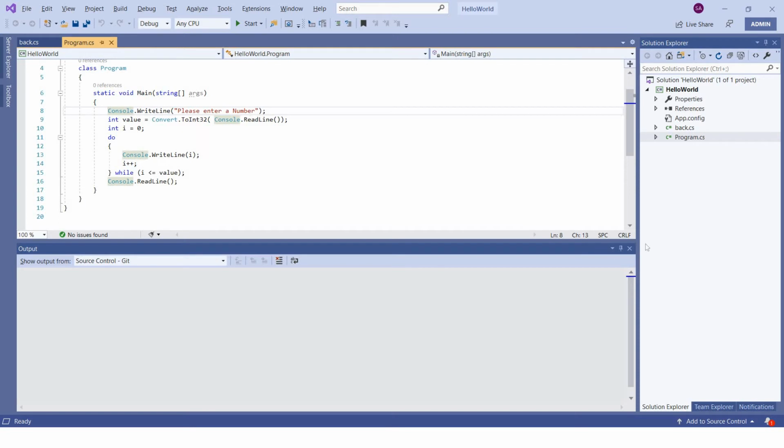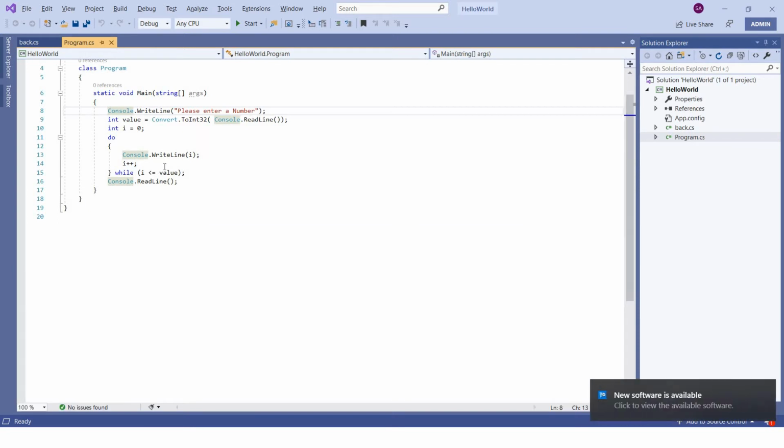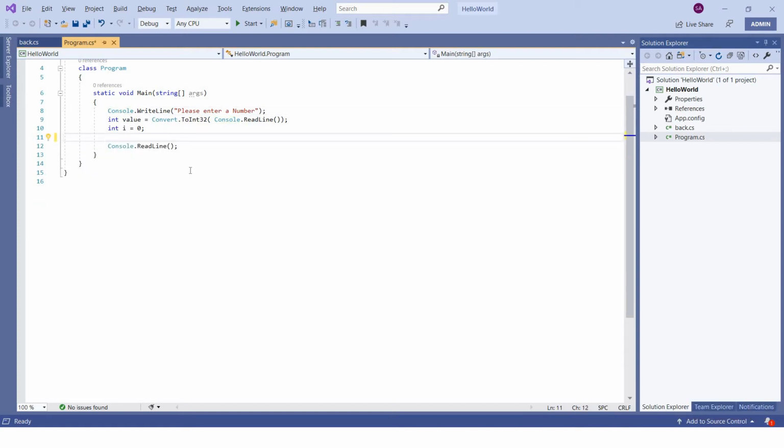This is the program that we created in our last video session using do while loop. Let me delete this and we'll write the same program using a for loop. The syntax is: for, then you have to initialize your increment or decrement counter.